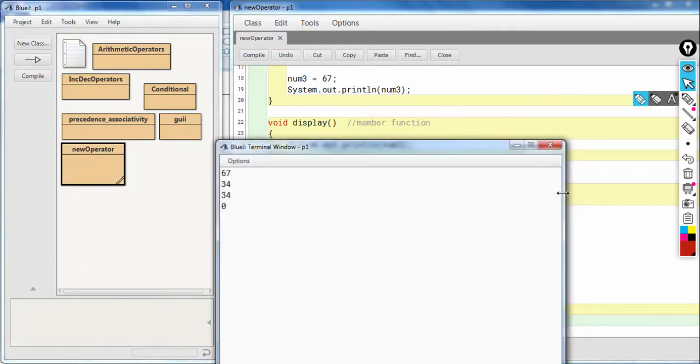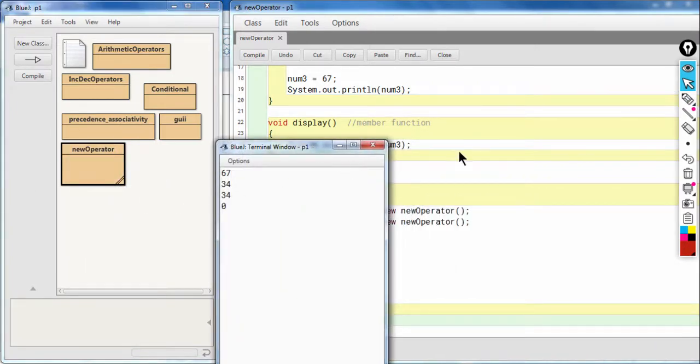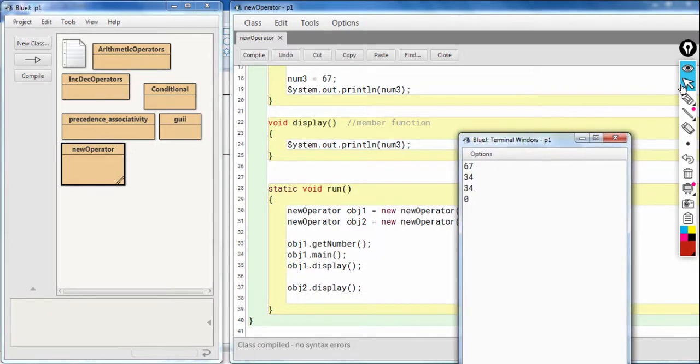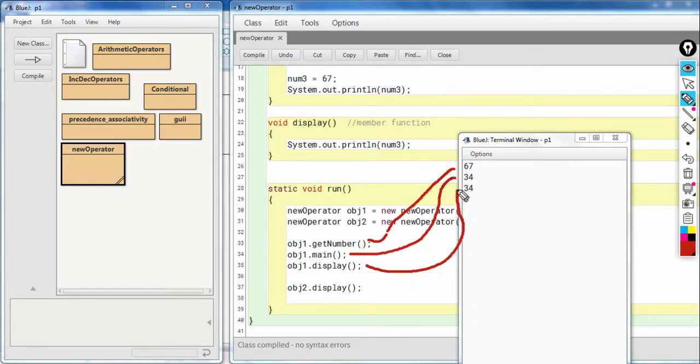So you can see that get number function is displaying 67, then the main function is displaying 34, then the display function is showing 34. Okay, all these were belonging to object 1, object 1's num3, and finally obj2's display is showing 0.